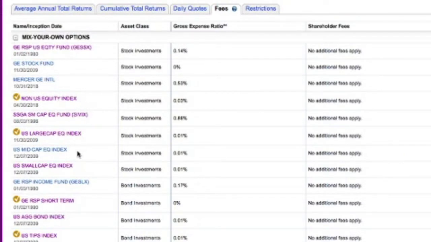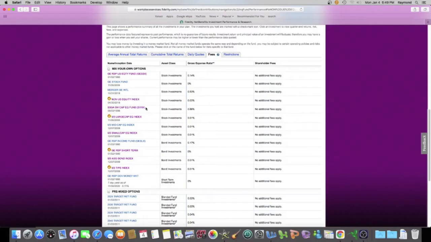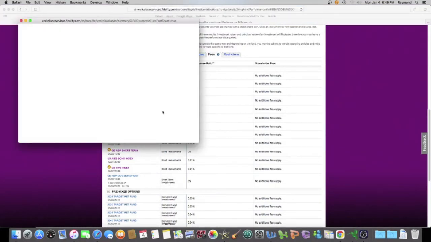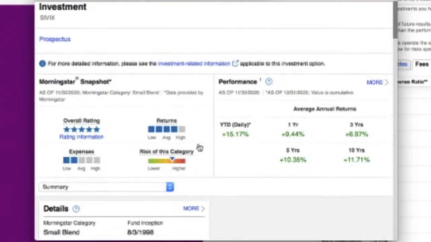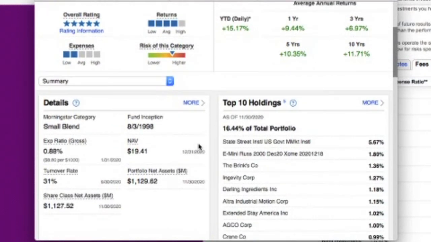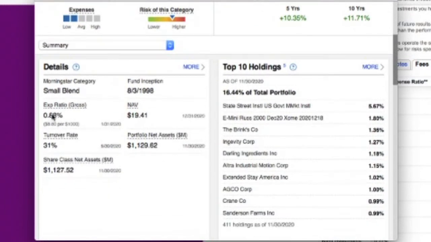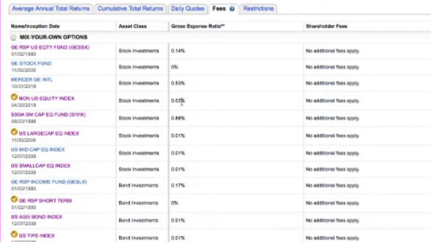Let's look at one with a higher fee. So this is the highest fee. It says 0.88. This is a lot higher than the one we looked at. So we're going to check this one out. And the cool thing about Fidelity, they normally put all the information in the same spot for all the funds. So here we are. Fee 0.88. You're going to pay $8.80 for every $1,000 you decide to invest in this fund. This is the fee. This is a lot higher than what we saw in the other fund. This was 30 cents. This is